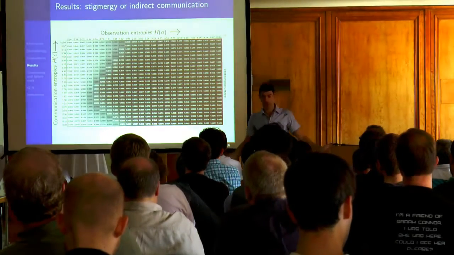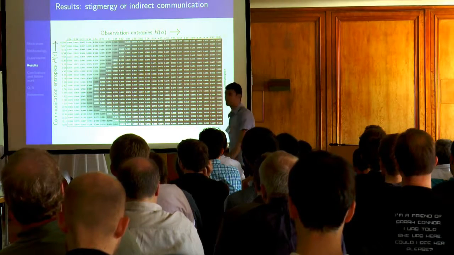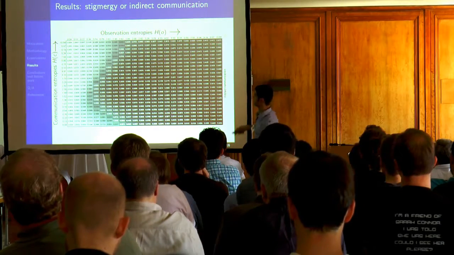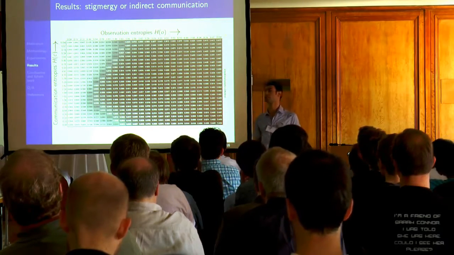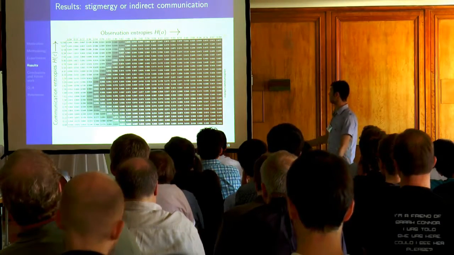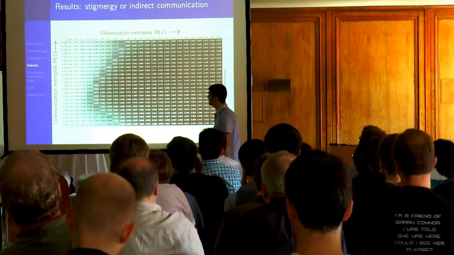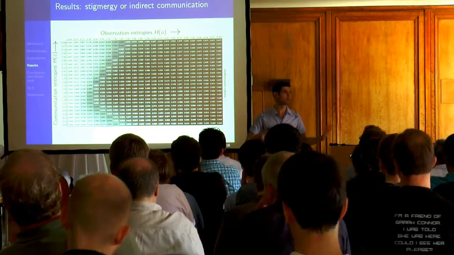So we end up with something like that. So what is this? Each square here, or each cell, has a score for different communication entropies and observation entropies. Each cell here is one test, repeated 10,000 times. And for different communication settings, we have different results, of course. So, what are these? The intensity of the colors means that you have a higher score. Okay, so if it's dark, it's high.